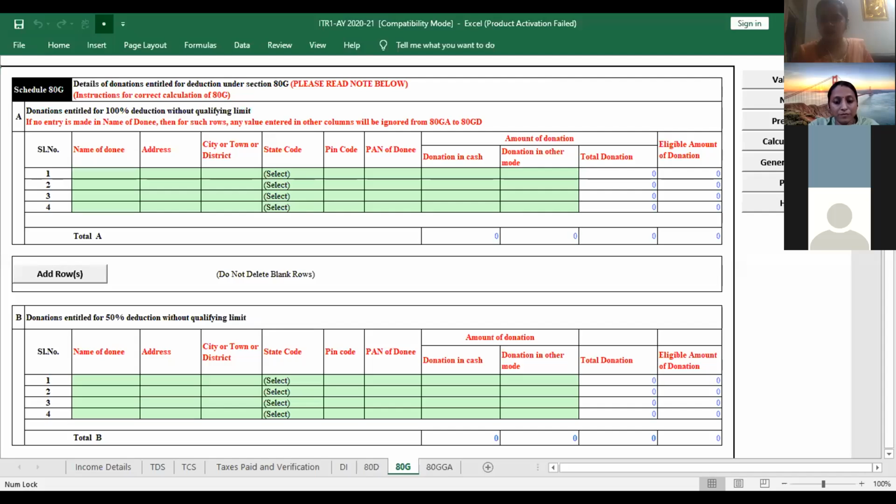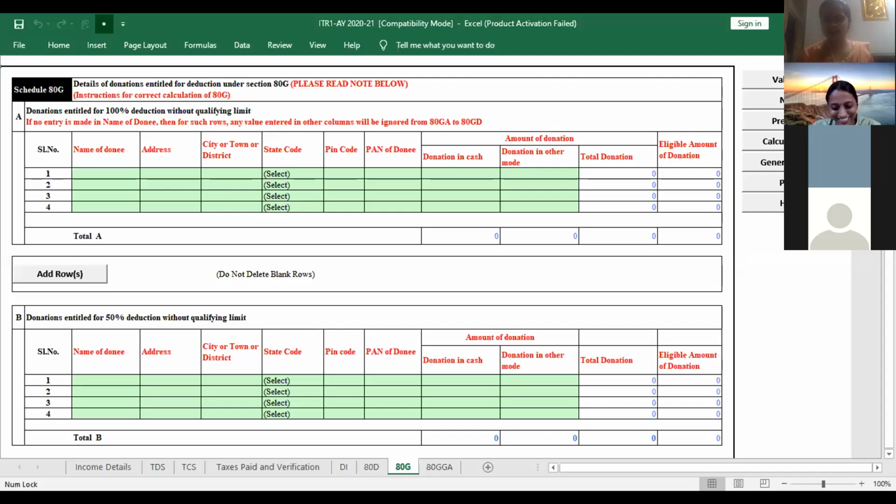Okay, I think we can take one more question. After how many days will the refund be received after filing the form? Return is generally processed automatically. Earlier, it used to take a couple of years, but now it has almost come down to a couple of months, sometimes even a couple of days. If you're lucky enough, then a couple of days it should be there. But there is no fixed period. For filing the return and for interest and penalties, there is a fixed timeline. For return processing and assessment, there is no fixed timeline.